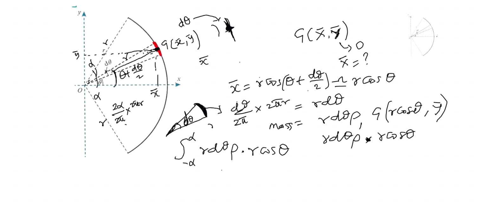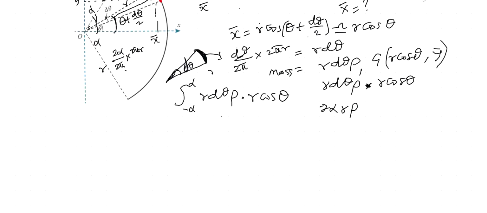for the entire sector, we have 2 alpha r, and therefore the mass is 2 alpha r rho. That is the mass. Okay. And if you take the moment about the y-axis, you will have this equation with the moments. You will have 2 alpha for all of them. For the entire sector, we have 2 alpha r rho